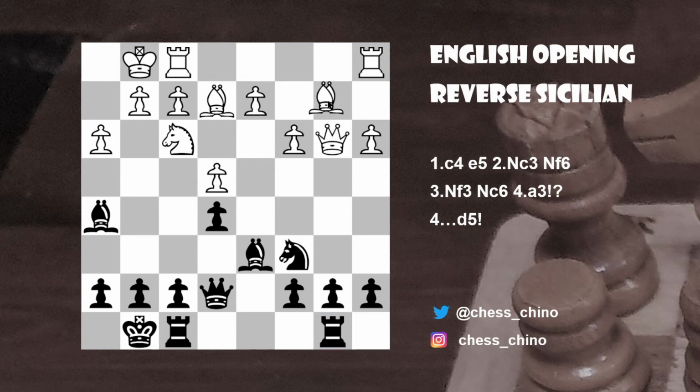But bishop to b2. And yeah, this is when I started to feel like maybe I'm getting a bit of an advantage, because this bishop on b2 is misplaced. It might support a future pawn to d4, but that's not the best way to utilize a bishop. I mean, the bishop is more or less like a pawn in that position. And so this is where I started to think,